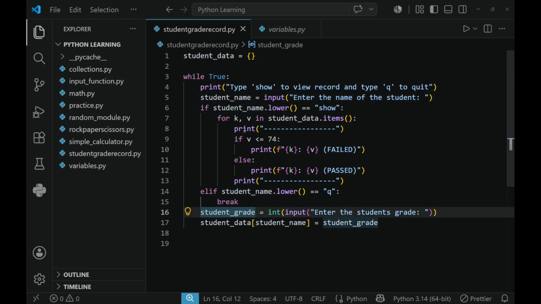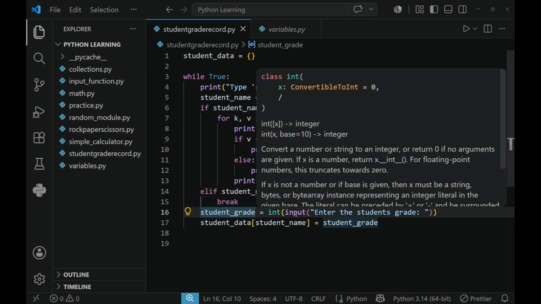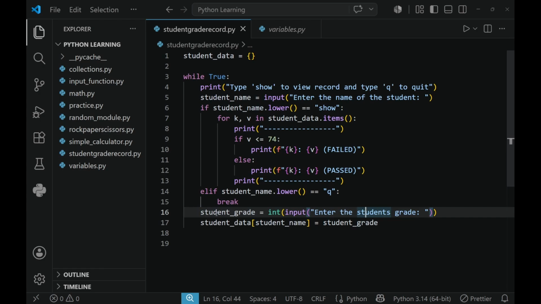If the user successfully inputted a name, and he did not press Q, we will prompt the user to input the student's grade. And we will store that grade in this variable. So after the user inputted a name and a grade, we will put that name and grade into the dictionary. So this line here, the end line, will put the name and the grade into the